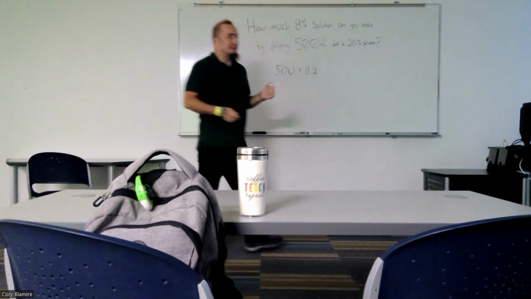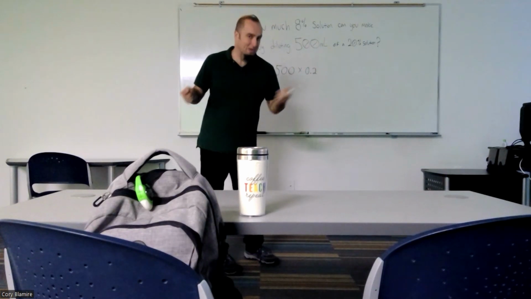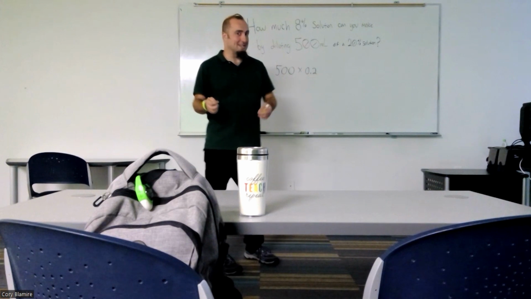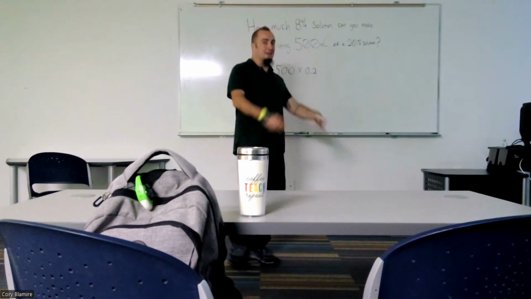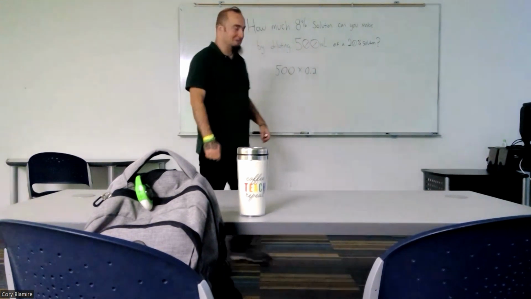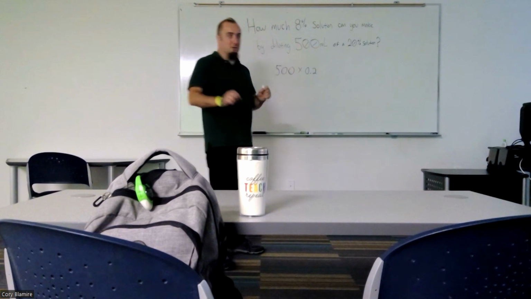At the very least, you should know what 20% of 100 is, right? 20% of 100 is 20. Cool. So if you have 5 of those hundreds, 5 of those 20s,